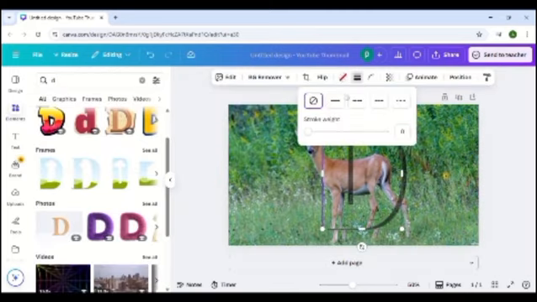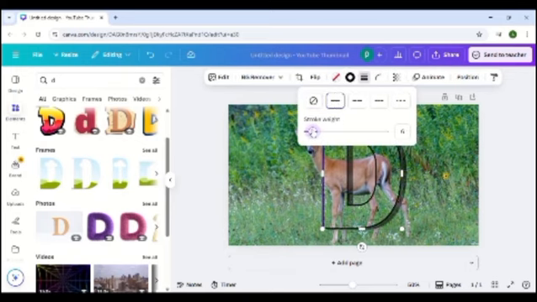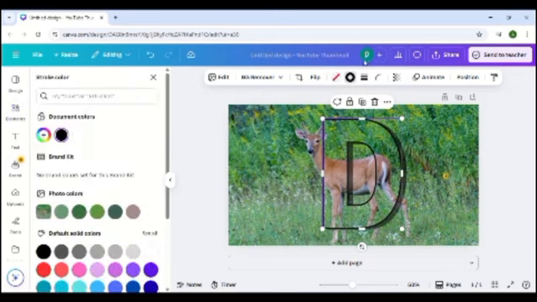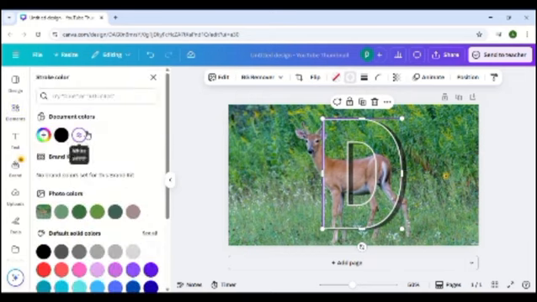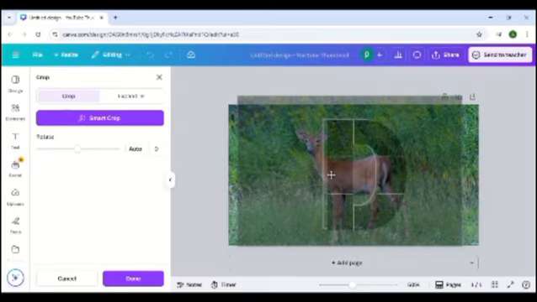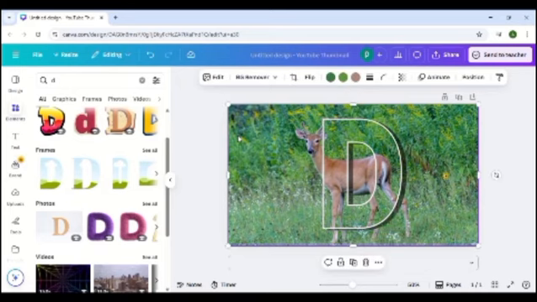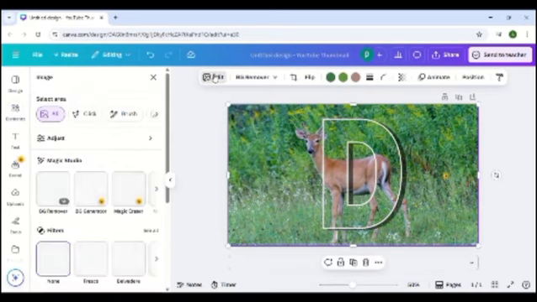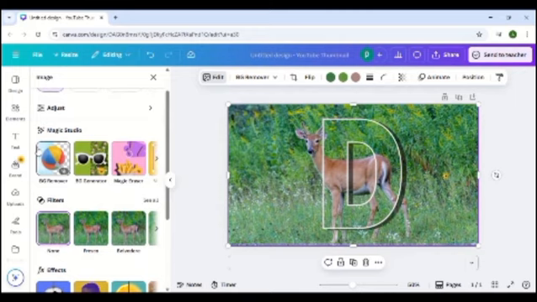Go to the strokes, resize its weight to 6, change its color to white, click on the frame, adjust its image, click on the background image, go to the edit, background remover,